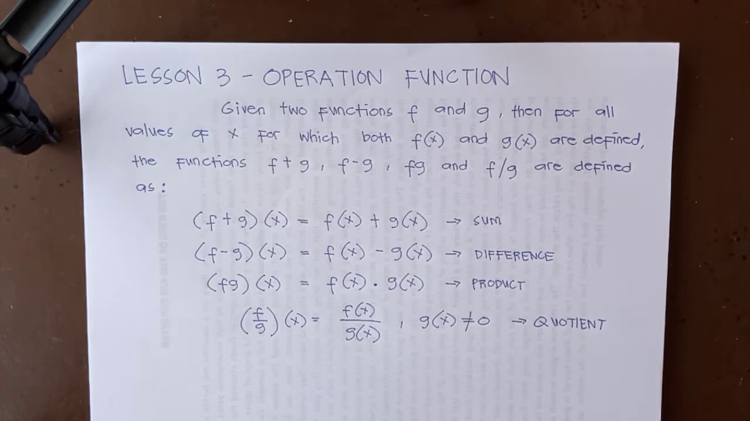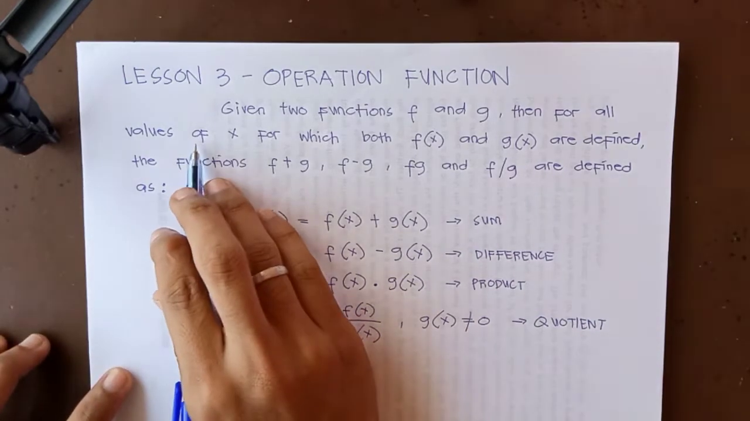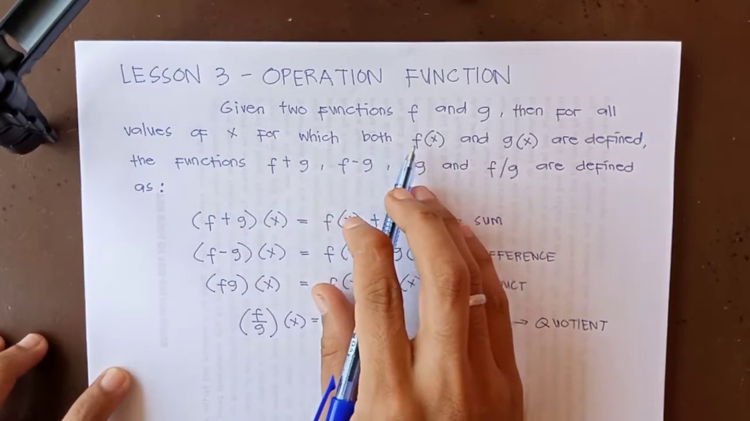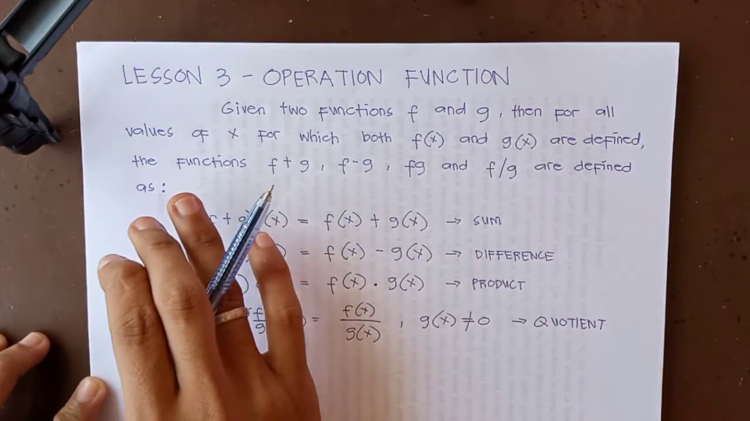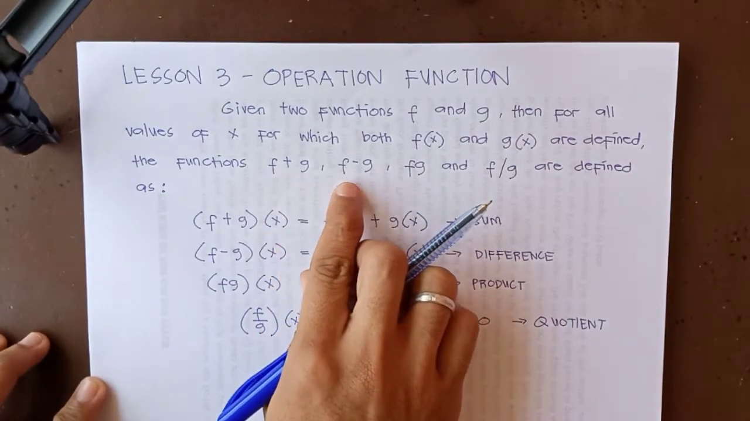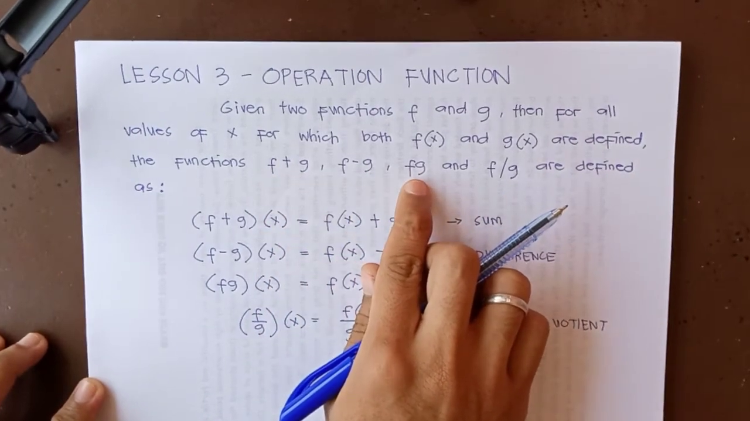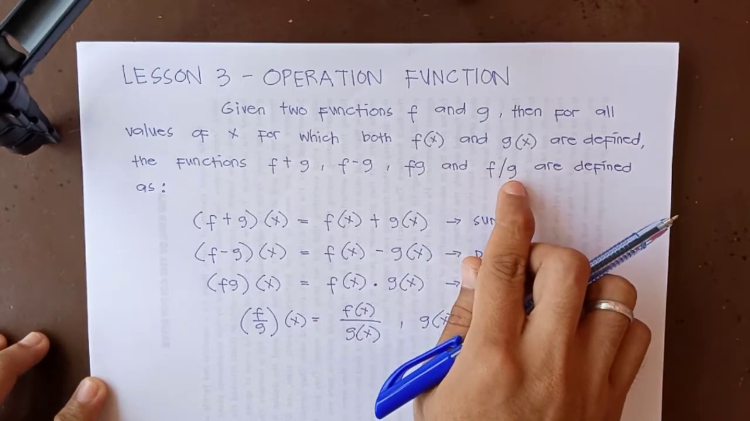We all know that there are basic operations. We have addition, subtraction, multiplication, and division. So, kana lang atong i-consider. So we have given two functions, f and g. Then, for all values of x for which both f of x and g of x are defined, the functions f plus g, f minus g, f times g, and f divided by g are